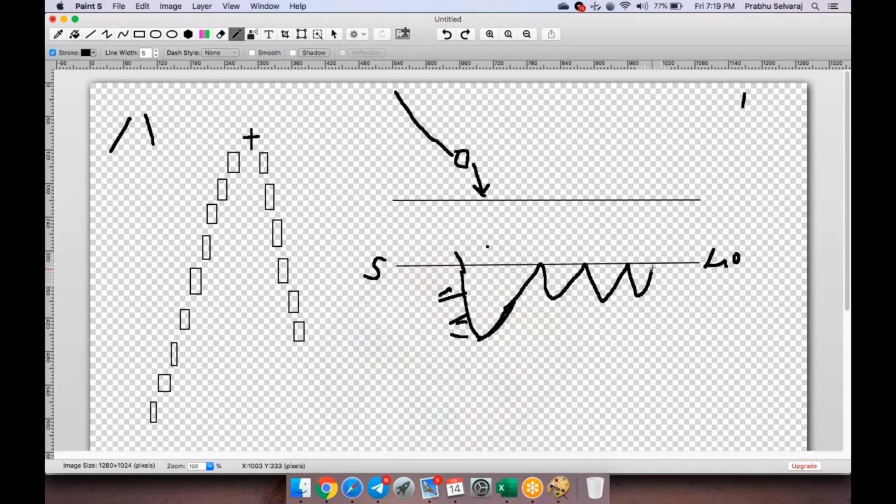Once the RSI crosses 40, then it will start traveling to 60. Here 60 will become a resistance. If it crosses 60, it will start traveling upside non-stop. It can go up to 70 or 80 or even 90, right? Now, having said that, same way,